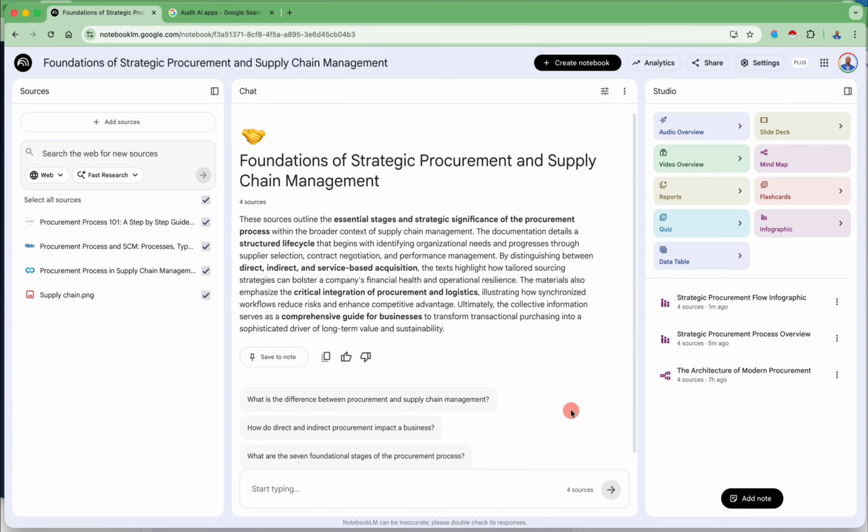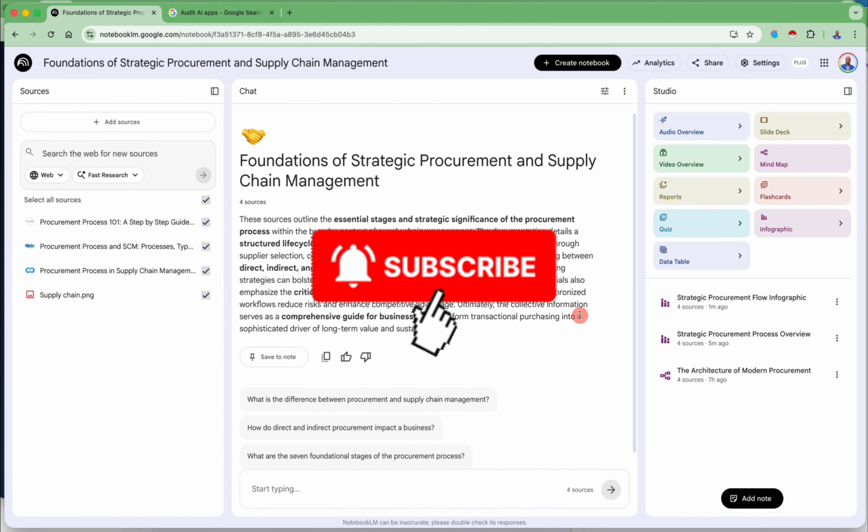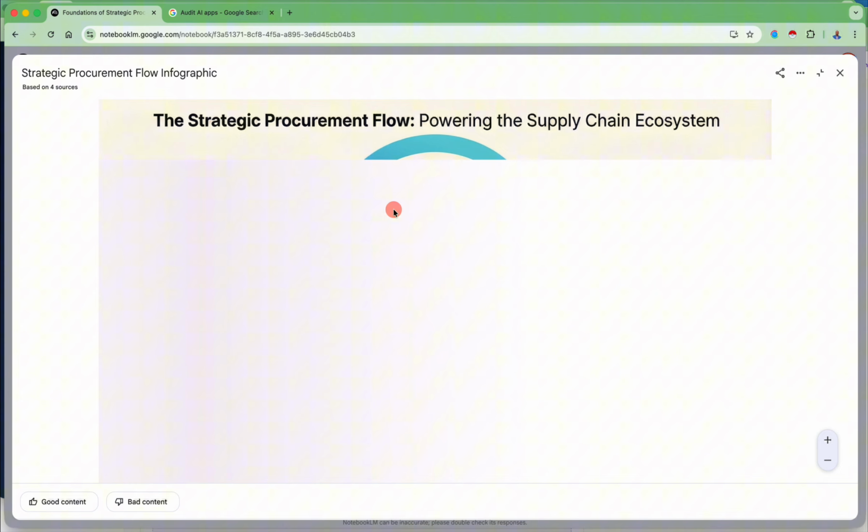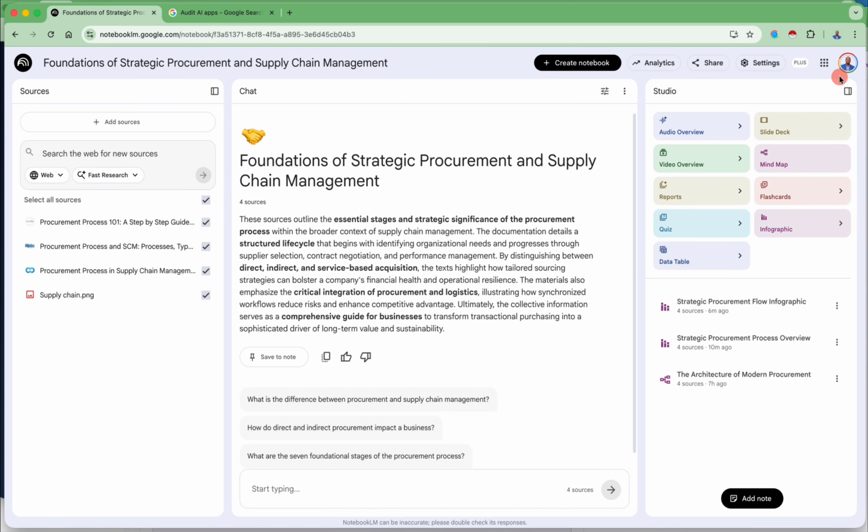Hello everyone. Have you heard of the news where now you can easily connect NotebookLM and Canva? Here we go. So we are going to look at this infographic, how you can edit it to remove some of the stuff. So what we know with NotebookLM, when you have already generated your infographic,